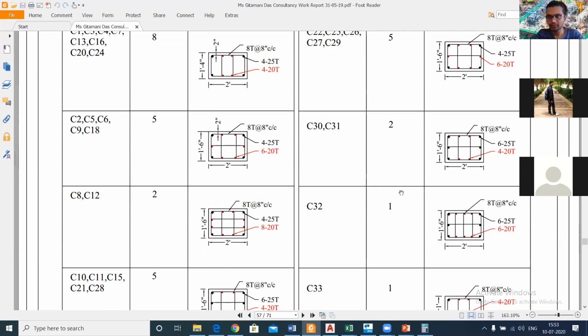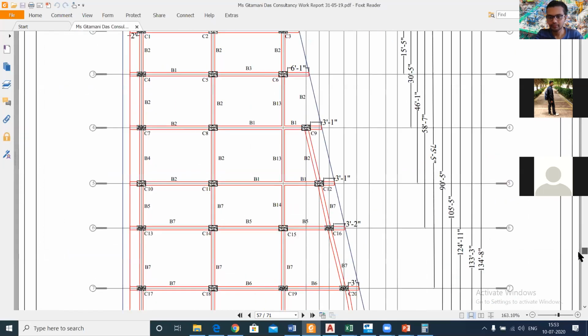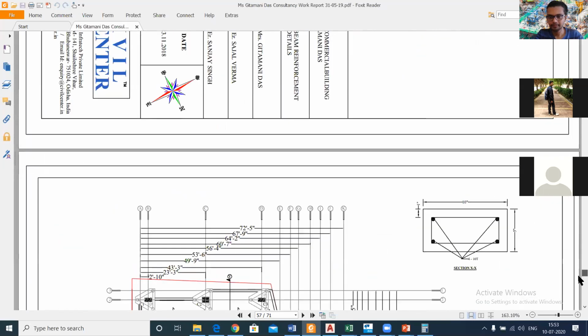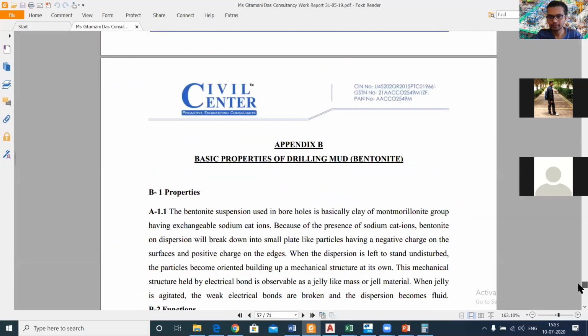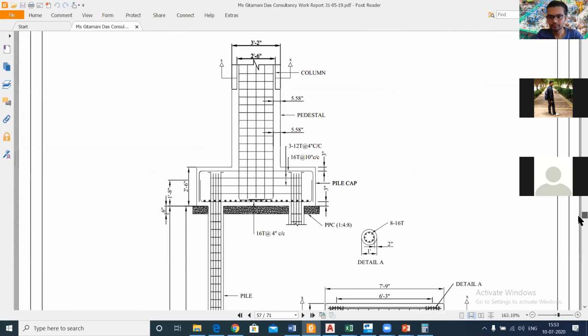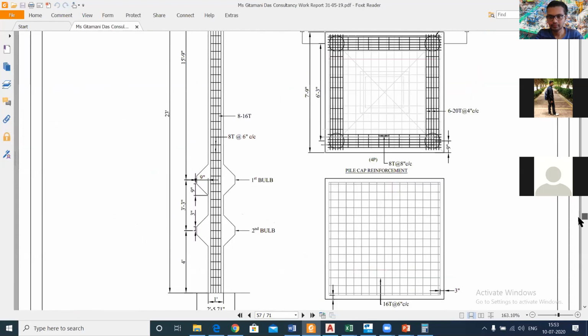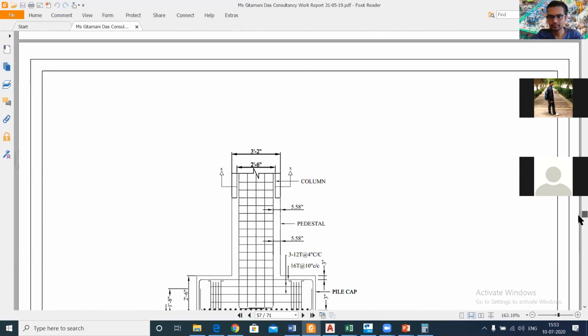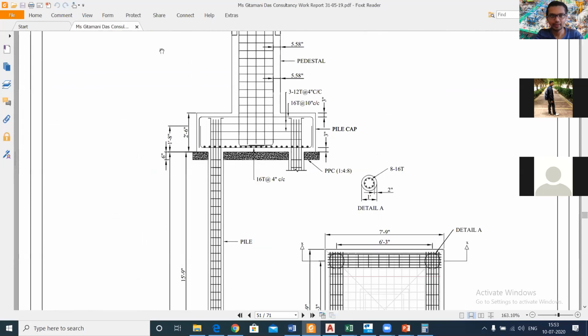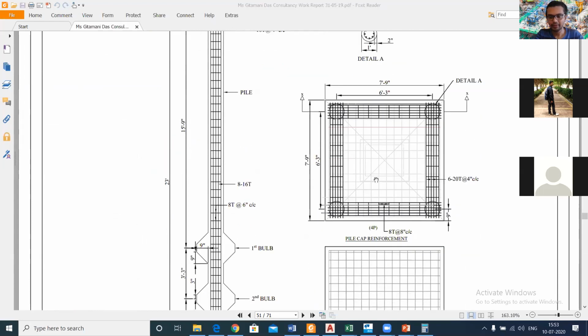Here we have the columns. Okay, here. Now, the question was asked by Chandan. So, Chandan, you can check out this reinforcement detailing of your pile cap.